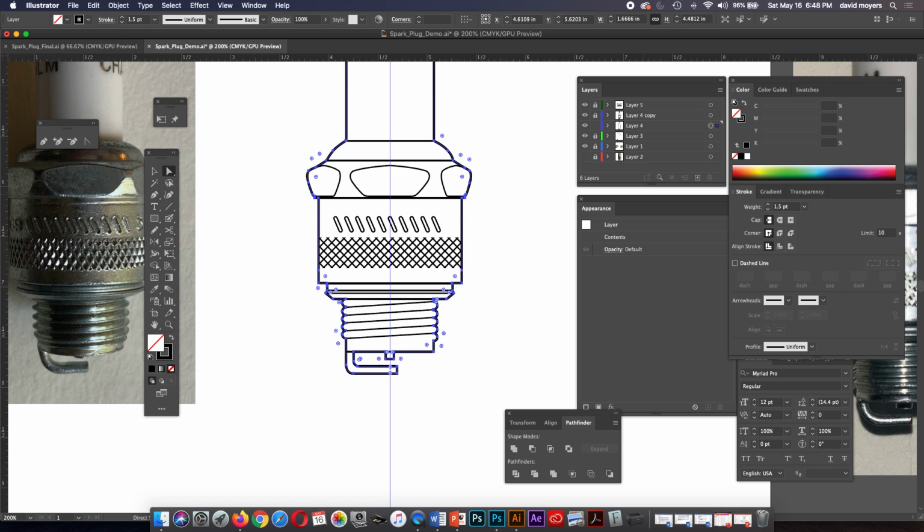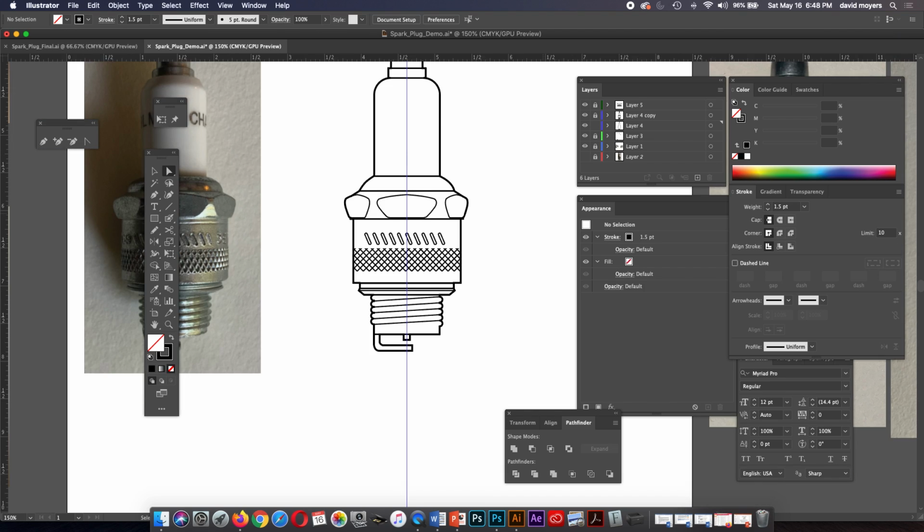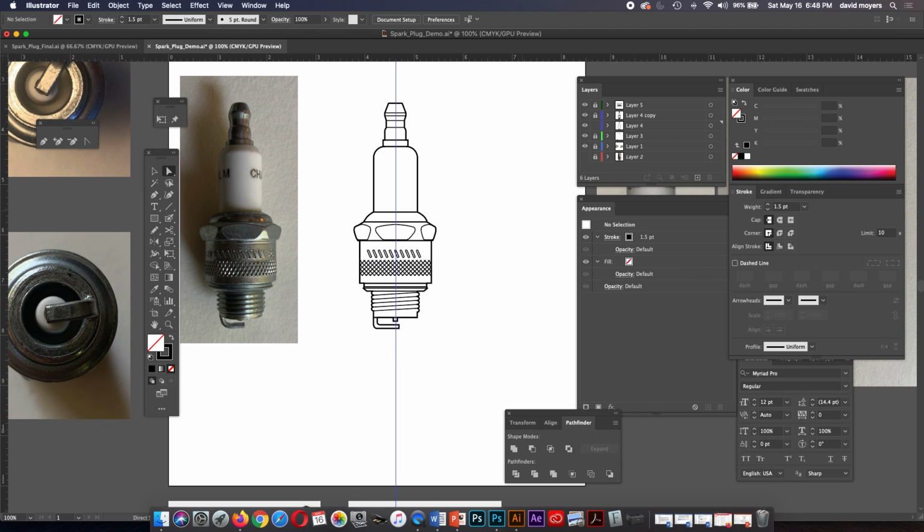Let's do 1.5 and see what that looks like. Okay. Just so we have a nice thicker contour sticking out there. Okay. So that's 1.5. I'm going to try 1.25. Okay, very good. Now, as far as making